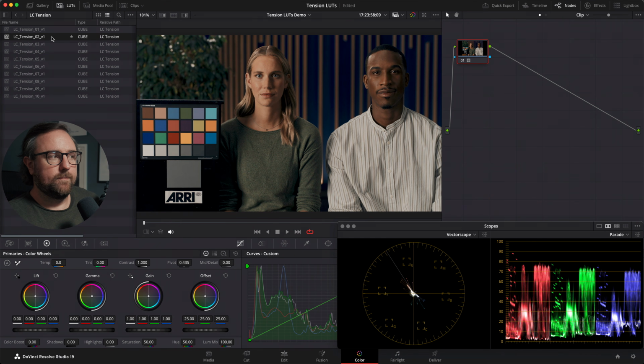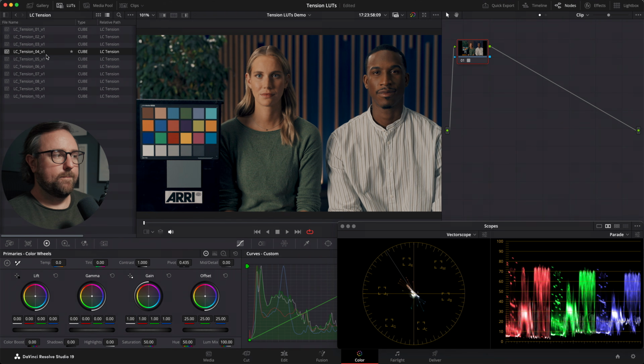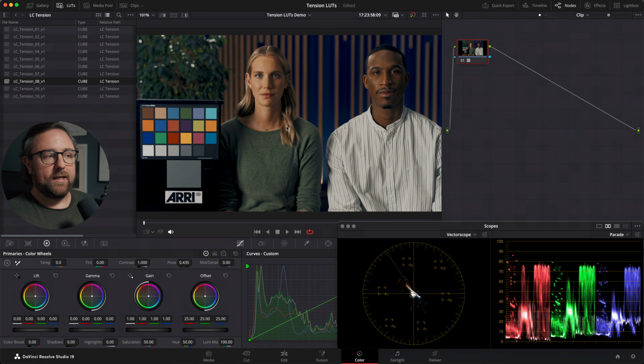Tension 2 lowers the highlights a little bit. Tension 3 is a little bit brighter. Tension 4 is a little bit cooler. Tension 5 is a little bit more of a natural look. Tension 6 is a warmer version of Tension 1, and then Tension 7 is a cooler version of Tension 1. Tension 8 has a pretty toned down tone curve, so it's not adding a ton of